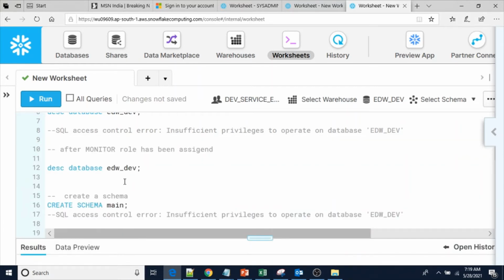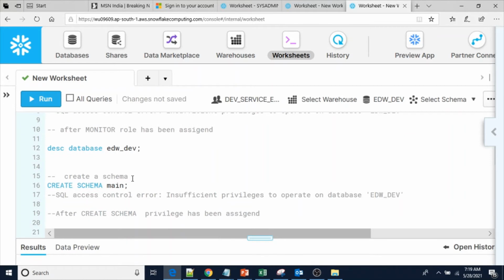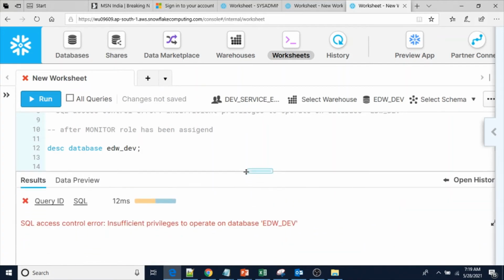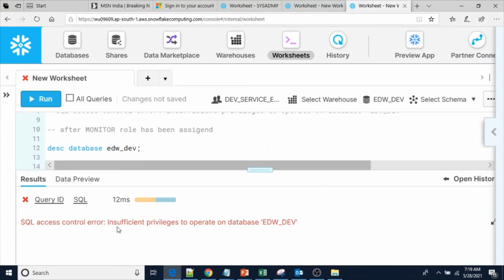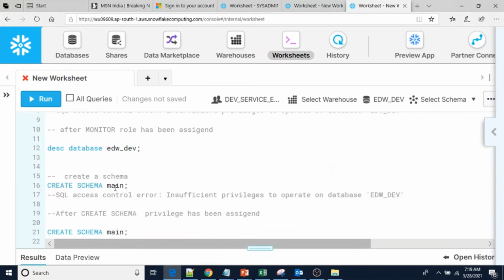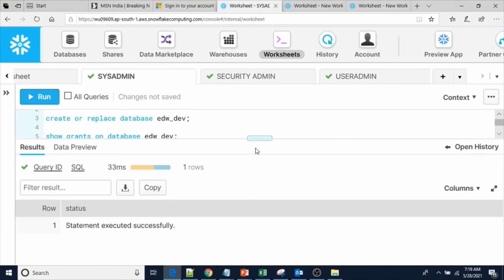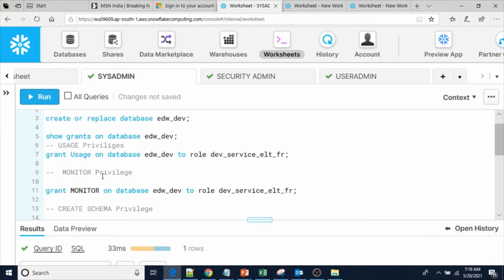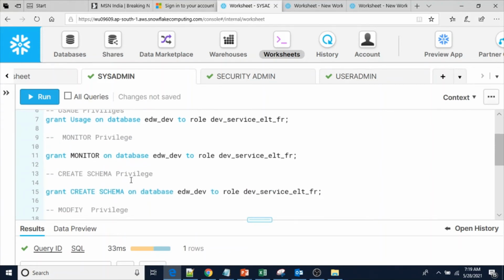Now what I'm going to do, let me create a schema from the user one by using the role service ELT. SQL access control error, insufficient privilege to operate on database edw_dev. So to overcome this issue, we need to give a create schema privilege to the role dev_service_eltfr.